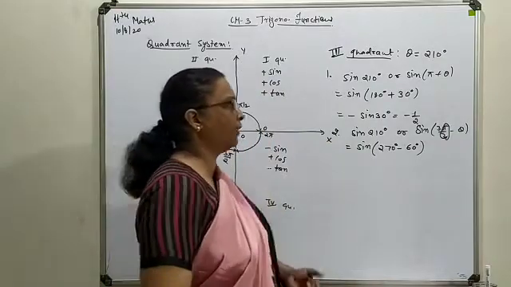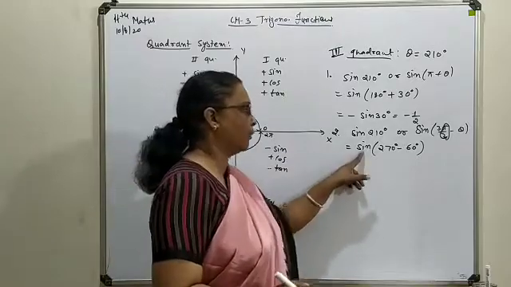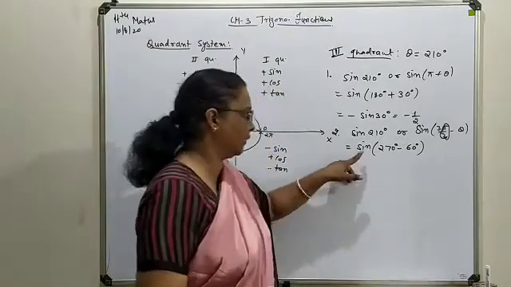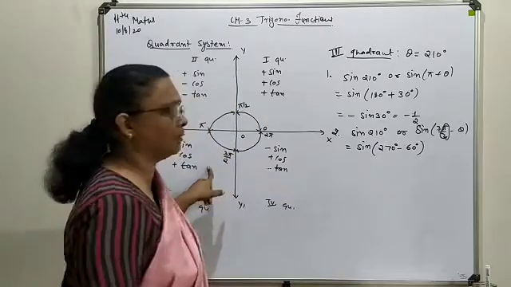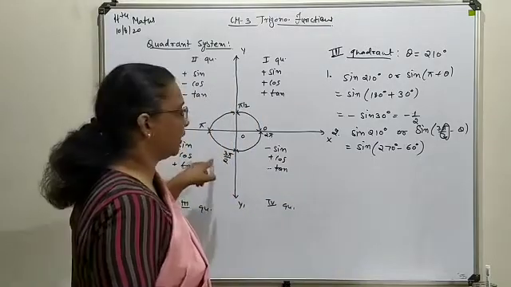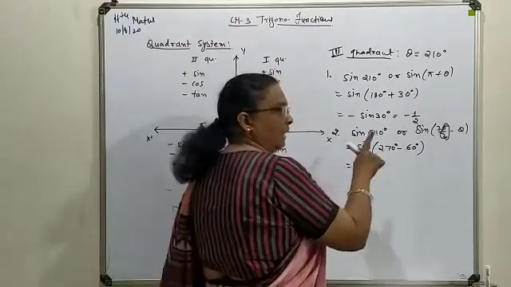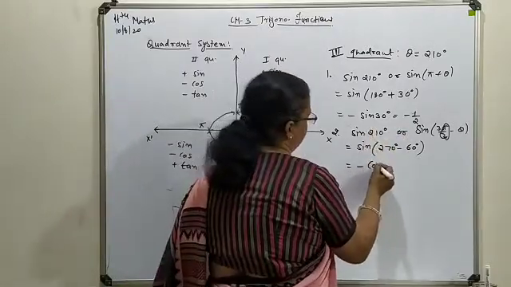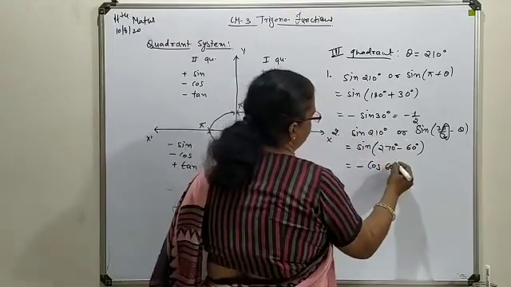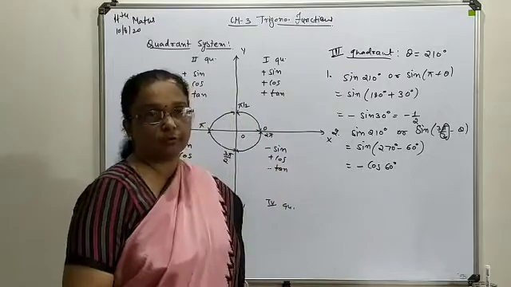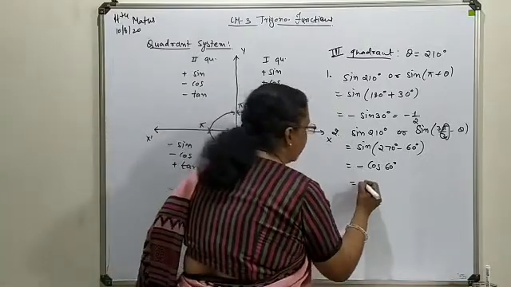And when you are dealing with a multiple of pi by 2, your term will change. And when your term is changed, first of all you look at this sine term. What is the sign of this term in the particular quadrant? Here the sign is negative for this particular quadrant, so it will be minus. Sine will change to cos, as we have seen in the last class also. It will be the 60 degree. We know the value of cos 60, that is half. So that will be your minus half.